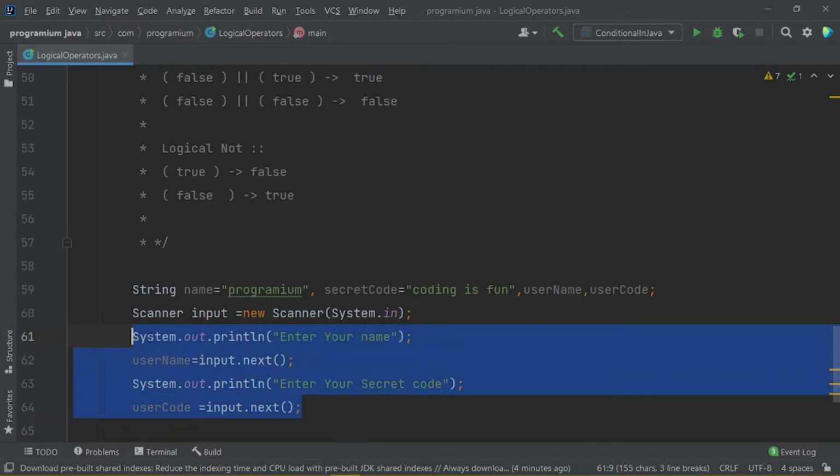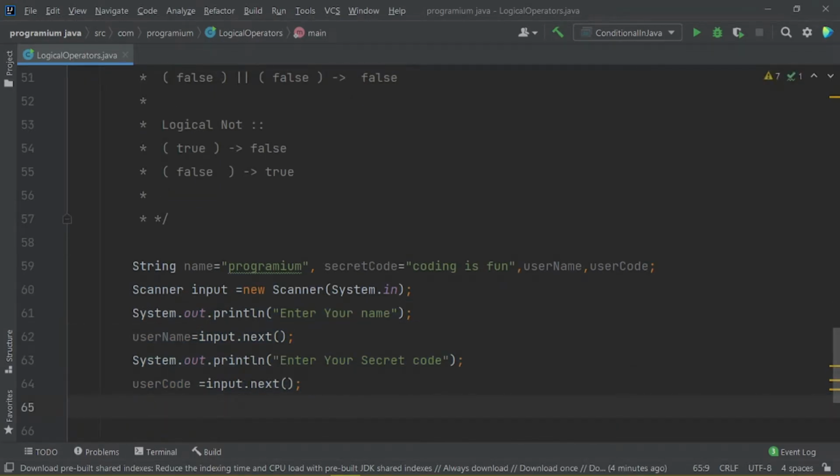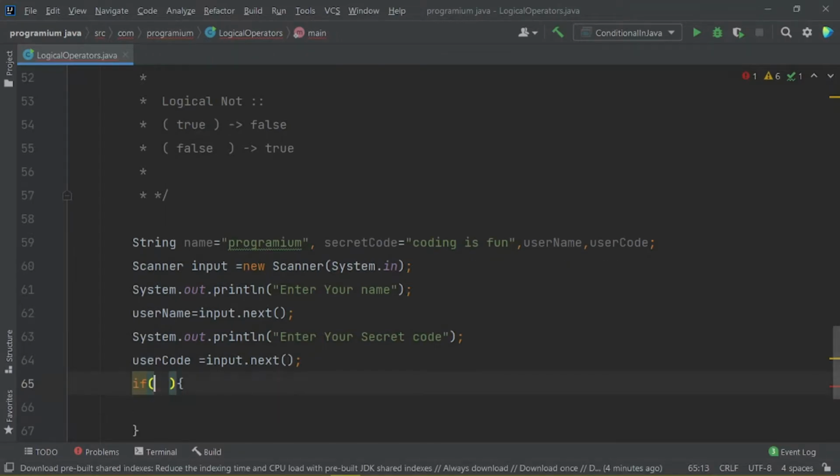Now quickly create our if condition here, and just use another braces and then ampersand sign and the braces here. So guys, how to use this logical AND operator, let us quickly see here.